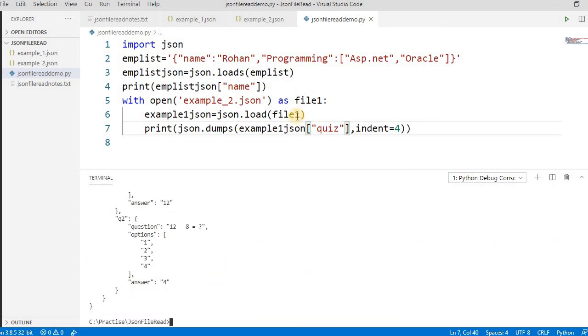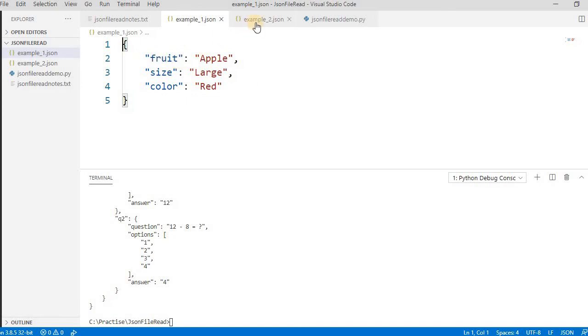See, it's giving. Okay, so this is the small video regarding how to read the JSON file and how to get the particular node value. If you want to get the float value, we have to first read this file, get it in an object, and then read this, because by default it returns a dictionary. Again, it depends upon the different object. In the next video I will try to show you how to append to the JSON file and how to write an object to a JSON file.